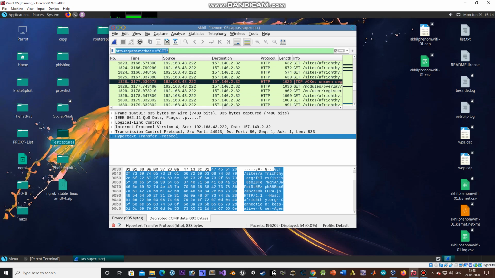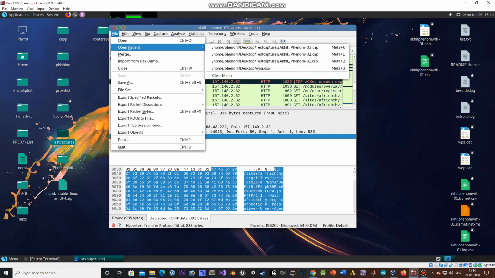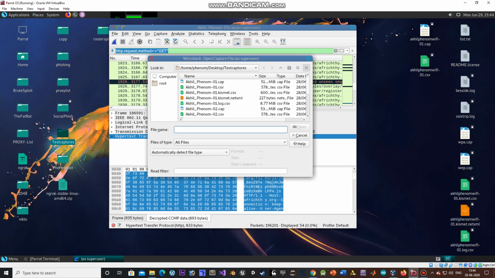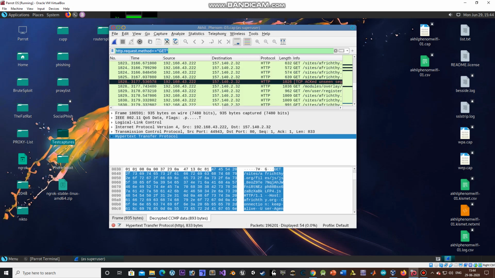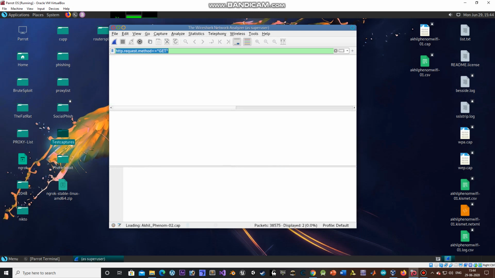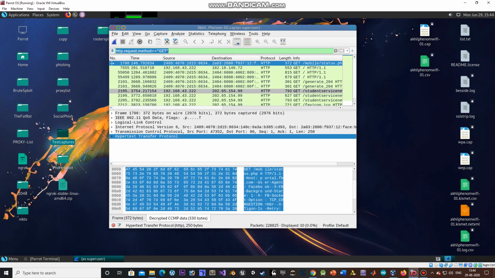And let me open up another capture file. What I want to demonstrate from this is that once you got the WPA handshake, you could use the capture file at any time. It doesn't mean that you have to still be connected to that particular network. Once we got the WPA handshake, you could just avoid it, but that would not result in further captures of the data.